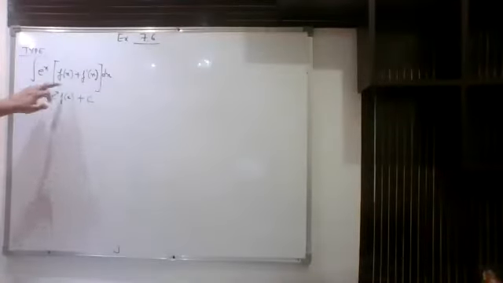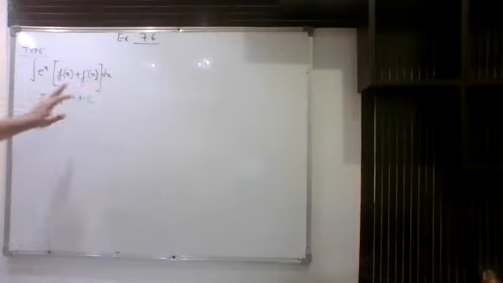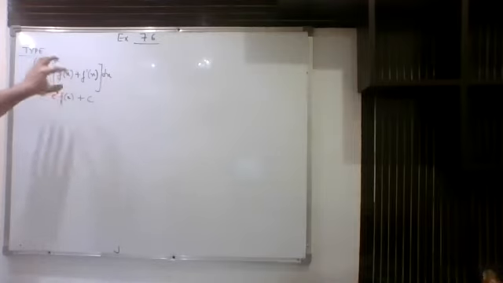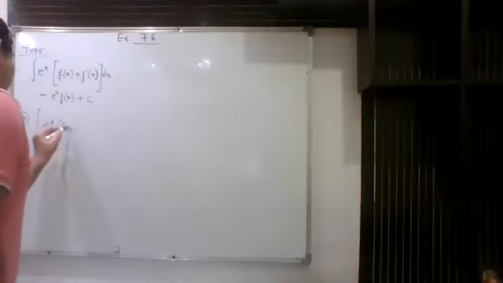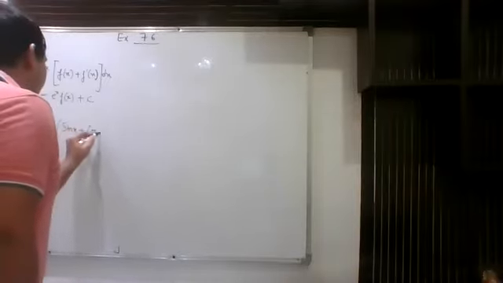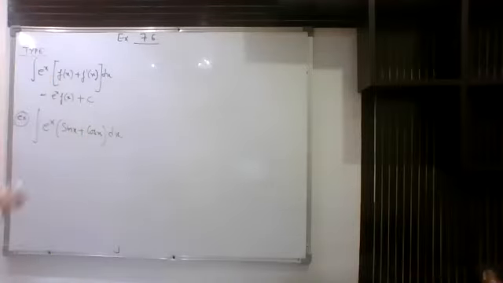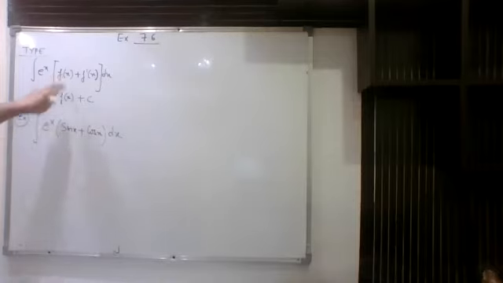Now here we have one important form, that is e^x [f(x) + f'(x)] dx can be written as e^x f(x) + c. So you have to identify this type of expression, then only we can apply it. So let me give you some examples. Like suppose if I am writing sin x plus cos x. If I want to integrate this type of expression, then directly we can utilize this form. Here just you need to identify what is your f(x) and what is your f'(x). So how to identify that?